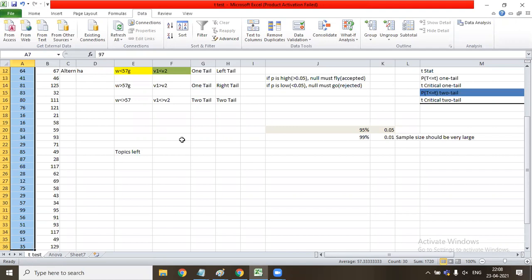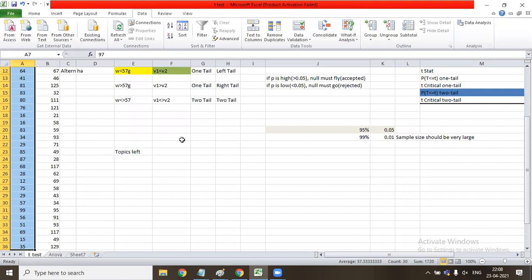Okay, but sir, for our use, when we have a sample size less than 30, then we go for T, and if it is greater than 30, we go for Z. Yeah, if it is less than 30, then you can go with T. If it is more than 30, then you can go with T or Z, whichever you like. Okay, sir.